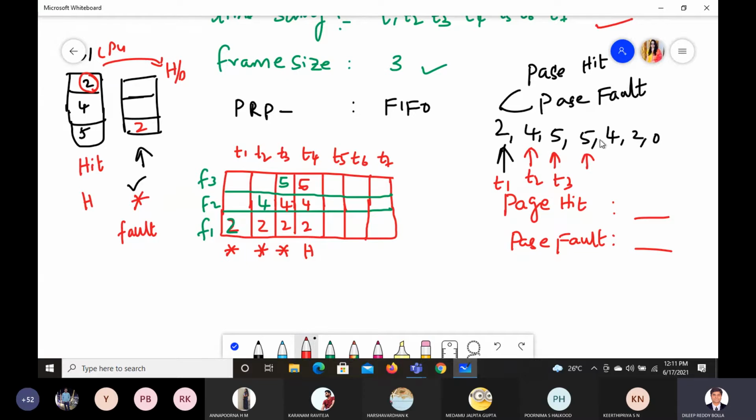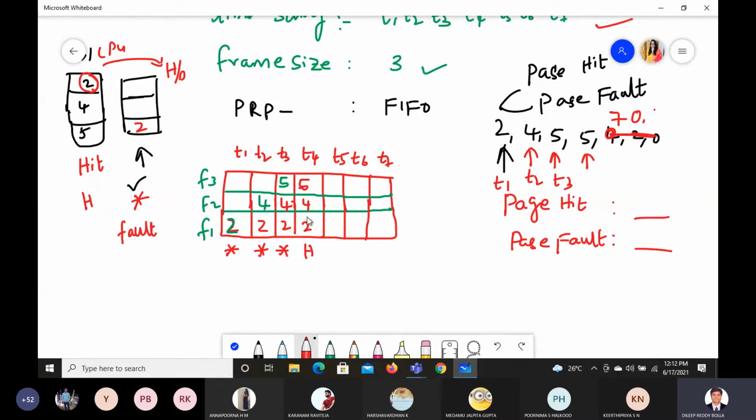If I change the question, let us say instead of 4 I make it 7, now you see what will happen. If I write 4 and 2, with 5, 4, 2, 5, 4, 2, it will become all hits and page replacement is not required at all. Now I am just creating one environment here. Let us say this is 7, and this one I'll make 0, 7, 0, and some other number we'll see and write. We'll change this question. Now 7 if I am writing, you see this one here, FIFO has to work now.